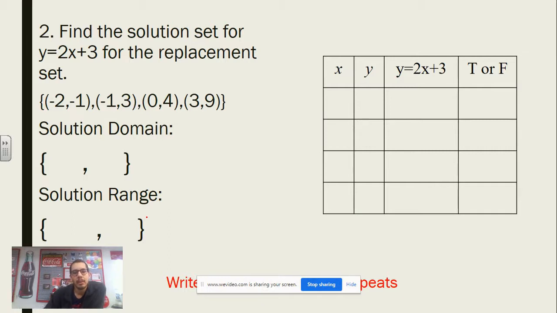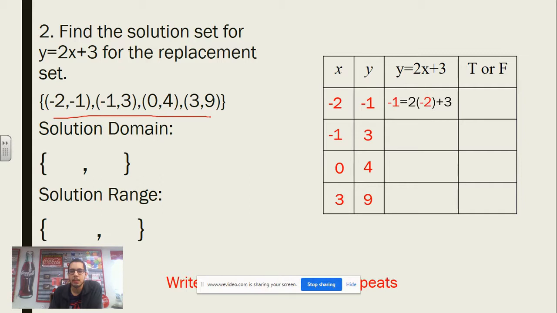Find the solution set for y equals 2x plus 3 for the replacement set. So here we have a list of ordered pairs, a set of ordered pairs, and we want to know which of these ordered pairs is a part of the solution set. Now remember, in order for it to be a part of the solution set, it has to be values that make the statement true. So if I plug in my first point, -2, -1, -1, 3, and 0, 4,